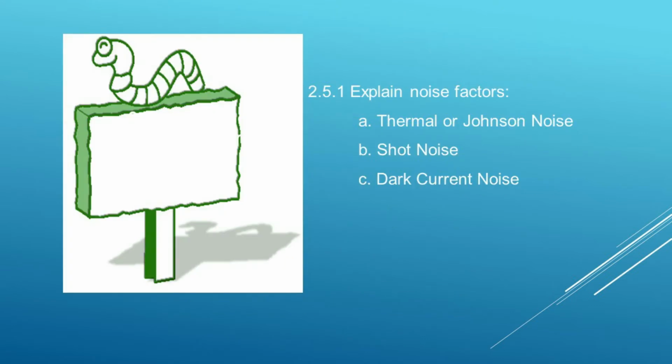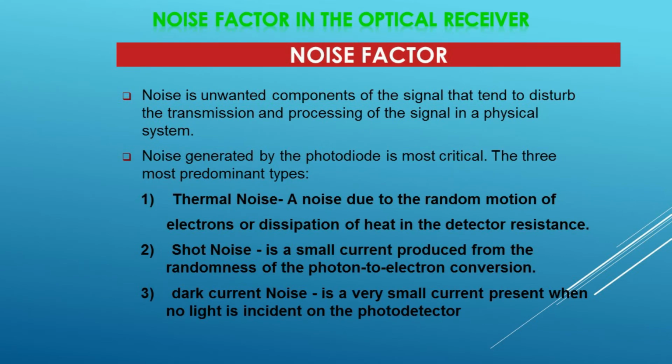2.5.1 Explain noise factors. A. Thermal or Johnson noise. B. Shot noise. C. Dark current noise. Noise factor. Noise is unwanted components of the signal that tend to disturb the transmission and processing of the signal in a physical system. Noise generated by the photodiode is most critical. The three most predominant types: